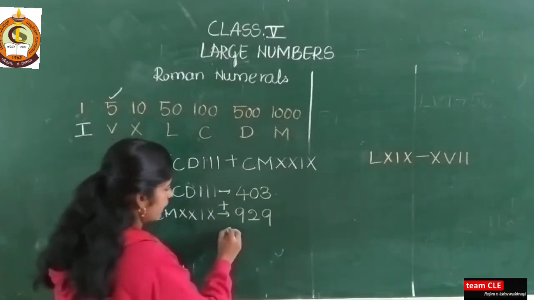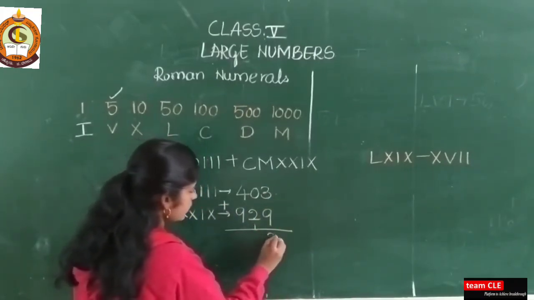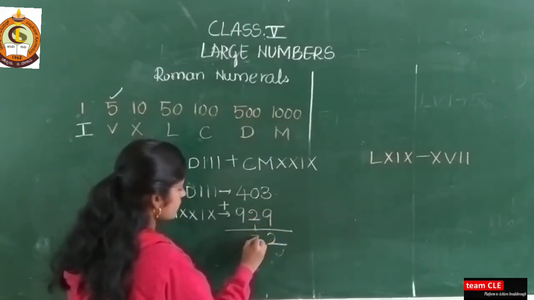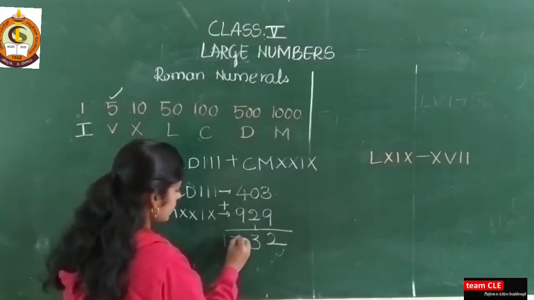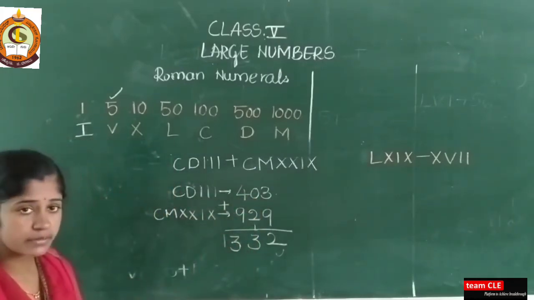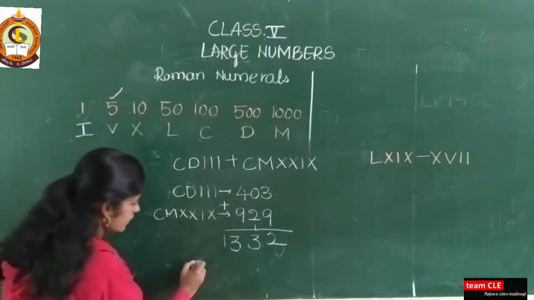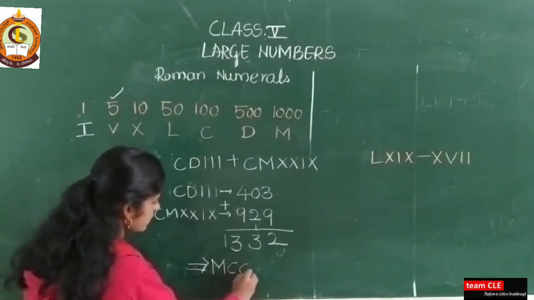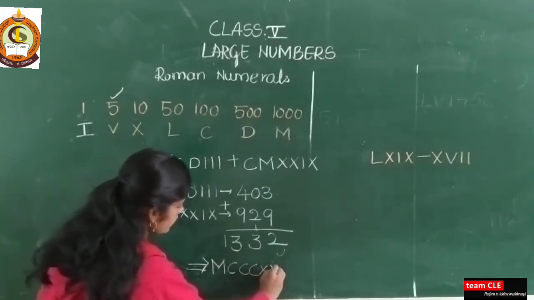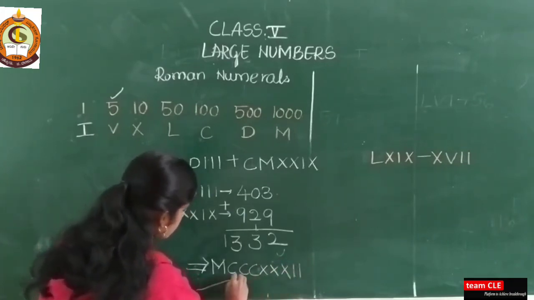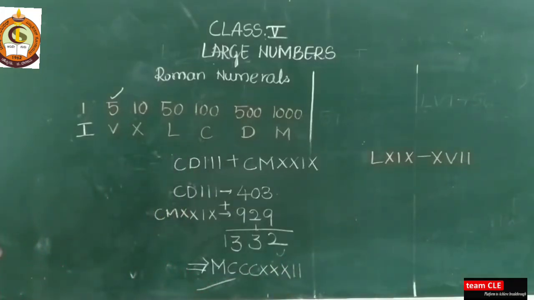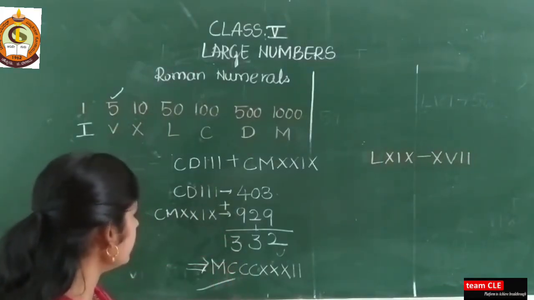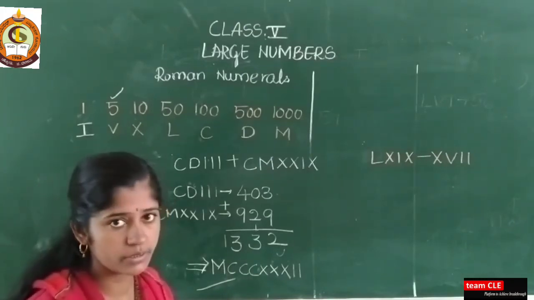What is there here? Addition. So you have to add these numbers. 3 plus 9 is 12. 0 plus 3 is 3, plus 2 is 2. 2 plus 1 is 3, and 4 plus 9 is 13. Okay, 4 plus 9 is 13. Next, how to write this in Roman numerals? Here 1000 is there, which means M, 300 is there, which means CCC, 30 is XXX, I. So this type you have to solve. First you have to write in Hindu-Arabic numbers, add, and again the answer you have to write in Roman numbers.